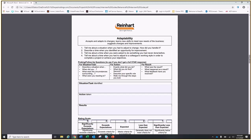So, tell me about a situation where you had to adjust to change and how did you handle it? Let them answer. Okay, and maybe it's a perfect answer. Great, we move on. But if not, it's okay, that sounds good. Can you dig in just a little bit about what role you played in that? Exactly what did you do, or what did you do first? One of those follow-up questions. And again, depending on what they say the result was, if you're good with the answer, great. If not,